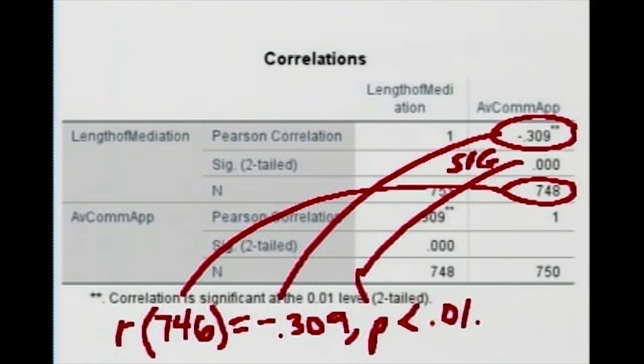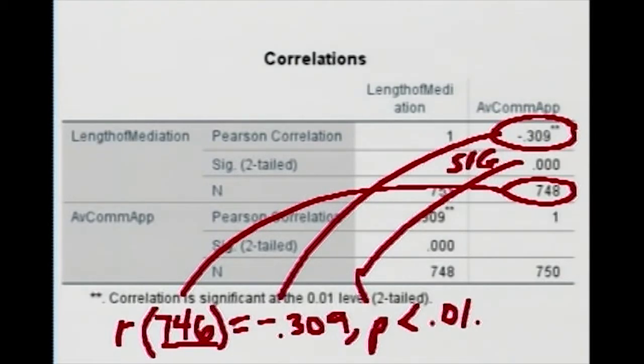Now, a couple things to notice here actually. One is that I've taken away 2 to get this degrees of freedom right here. And I have to put the sign in when I have a negative correlation. And what is this essentially saying? It's saying that when the fear is higher, the length of mediation tends to be lower. And when the length of mediation tends to be higher, the apprehension tends to be lower. So as we're thinking about this, we say they move in opposite directions.